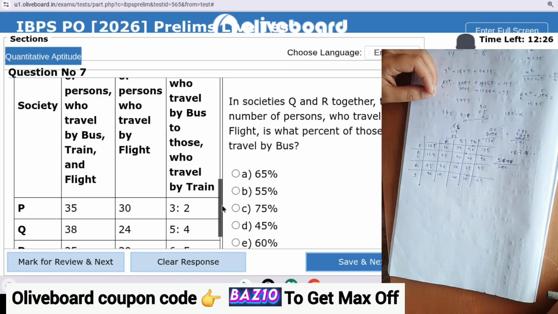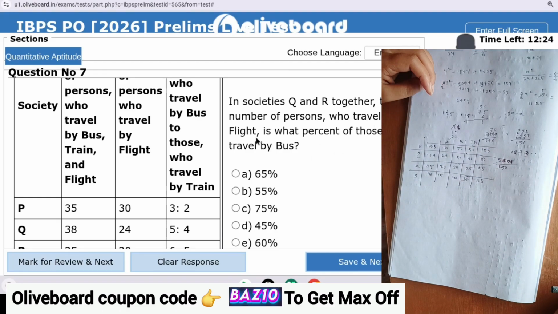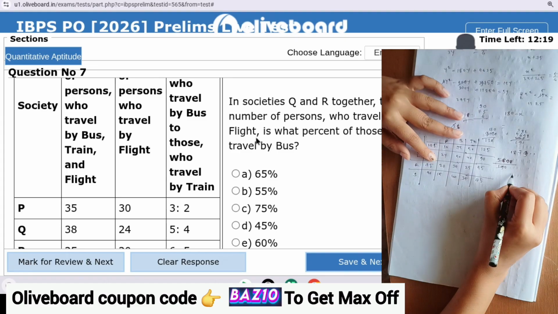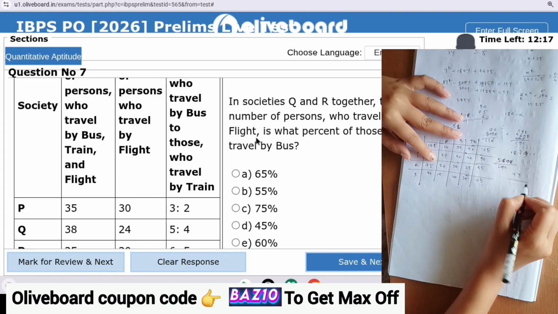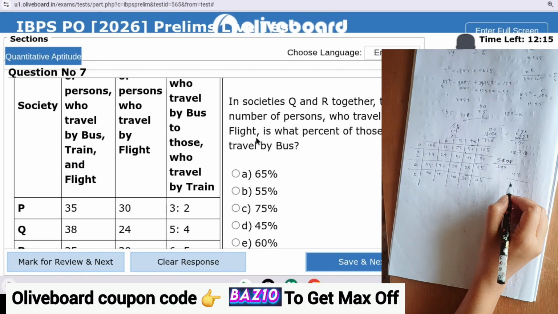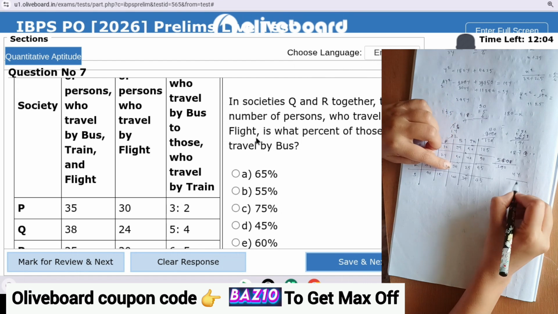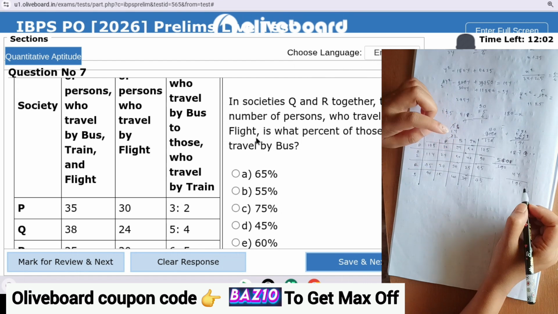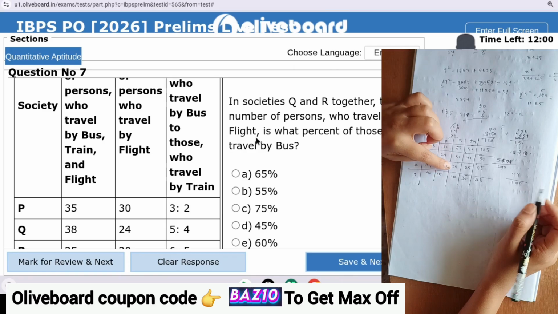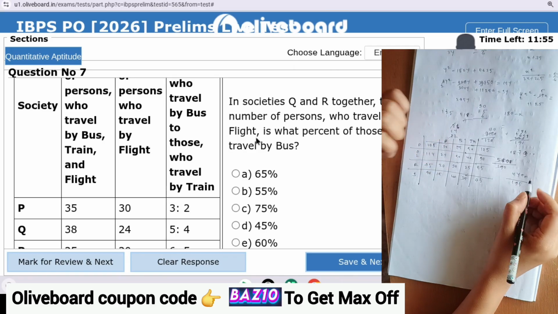ট্রেন। সো কিউ আর পার্সনস ফ্লাইট, সো কিউ এন্ড আর এর হয়ে যাবে ফ্লাইট মানে 44। What percent of those who travel by bus, সো বাসে টোটাল কত আছে, বাসে টোটাল আছে 90, 120, 195, তার মানে এটা কত হয়ে যাবে